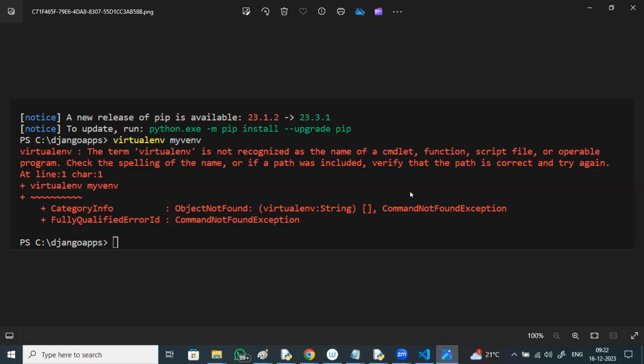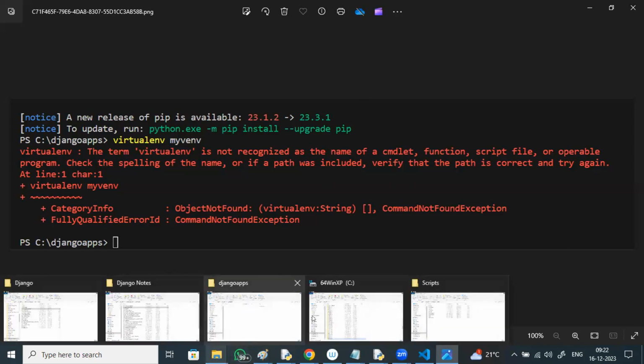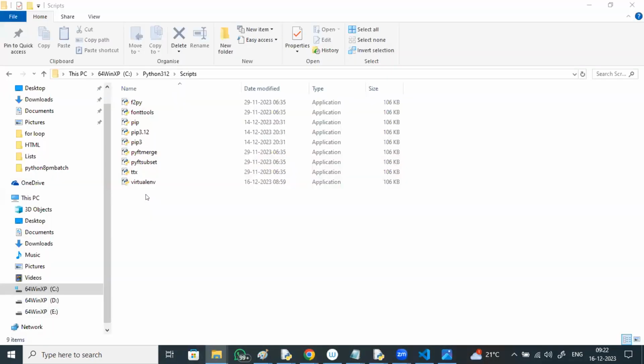Okay. Actually, yes, Sashikumar, your Python path is not recognized. That's why it is giving that. Because previously also you got a warning message. Your path is not recognized. That's why automatically you are not able to see this. If you go and check in this Python scripts folder, you are not able to see this virtualenv. Your path is not correct actually. That's why previously also I installed, you didn't get.